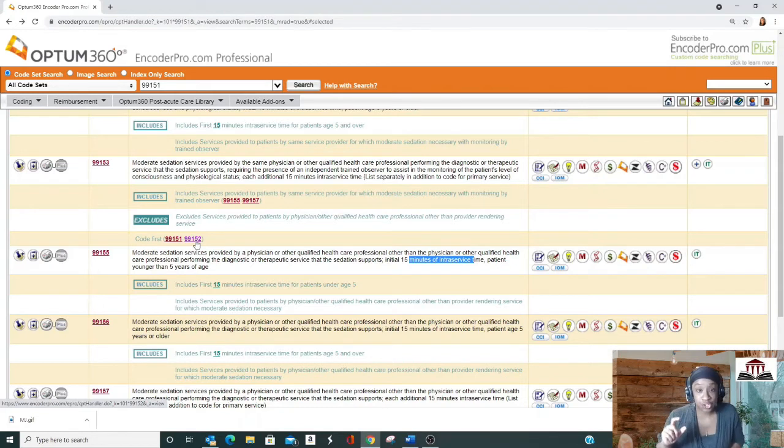You've got to ensure that the patient has control of their airway, because a patient who's sedated to a moderate level has control of their airway. They are able to breathe on their own. Even if they need a little supplemental oxygen, they're still able to breathe on their own. If this patient has a tracheostomy, if they have a trach or they're intubated, a mechanical airway, that patient doesn't have control of their airway and they are not a moderate sedation patient.